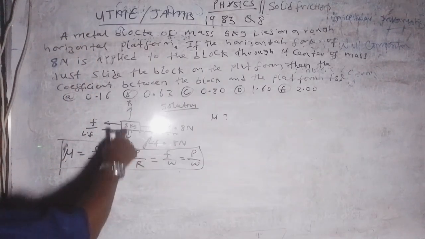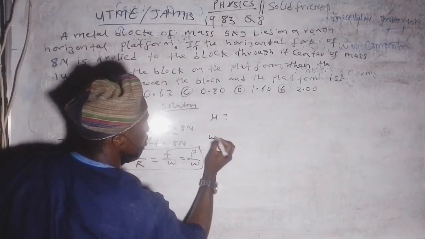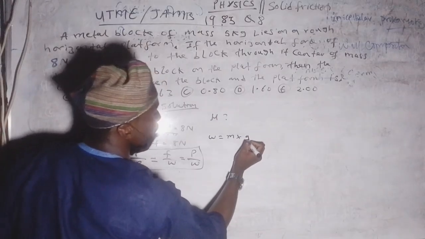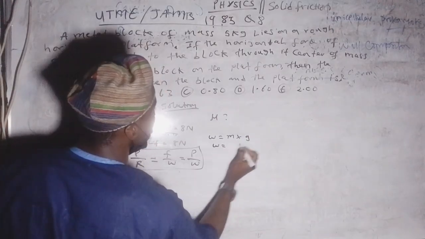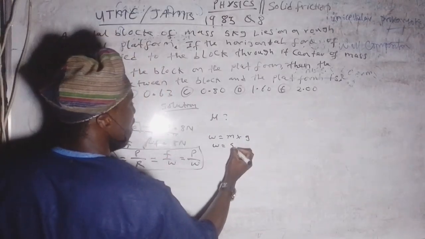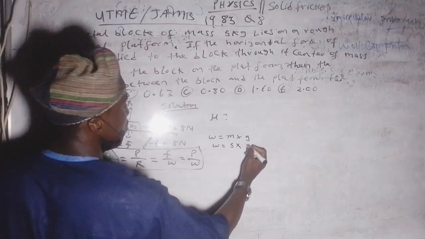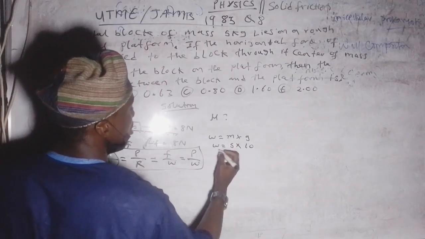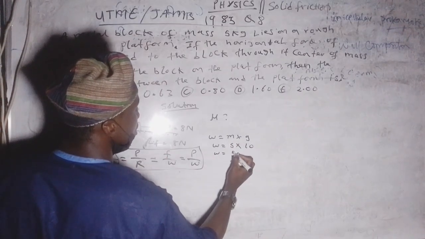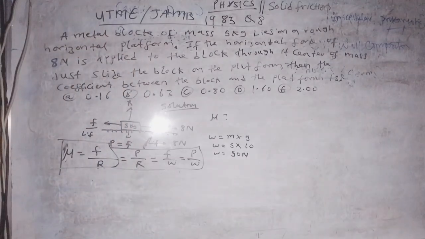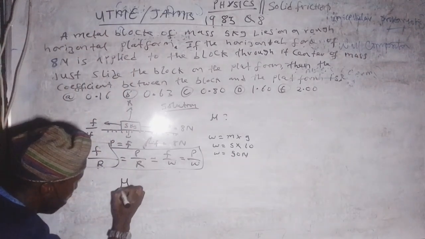We are given the mass to be 5 kilograms, and weight is equal to mass times acceleration due to gravity. So we can say our weight is equal to 5 kilograms, our mass, times what's the acceleration due to gravity? 10 meters per second squared, right? So our weight is equal to 50 Newton. Wow. Our weight is 50 Newton. So we can quickly calculate our coefficient of static friction to be